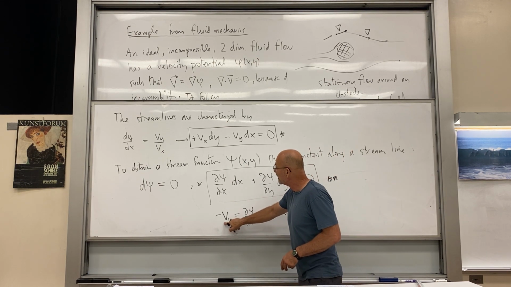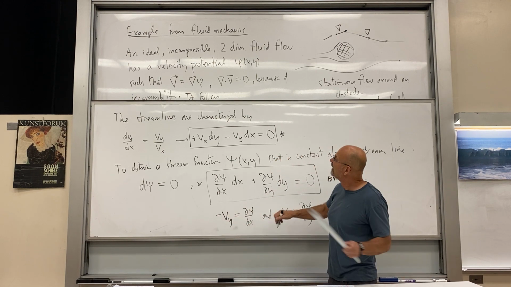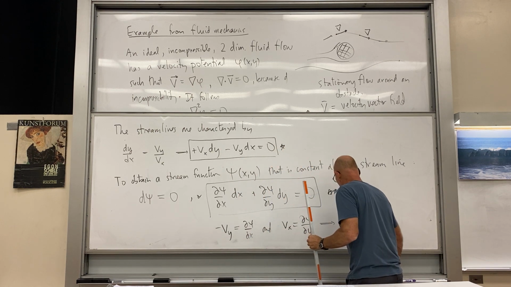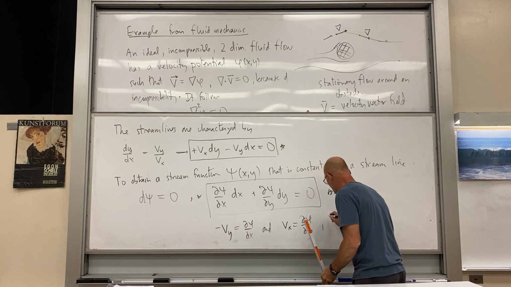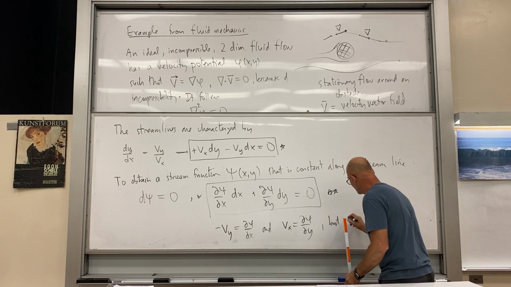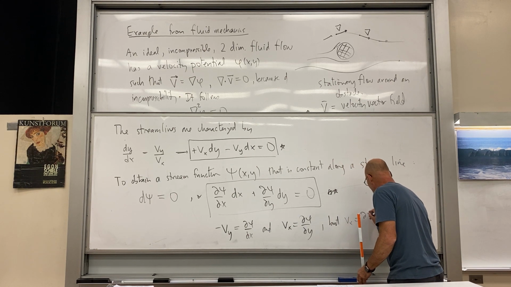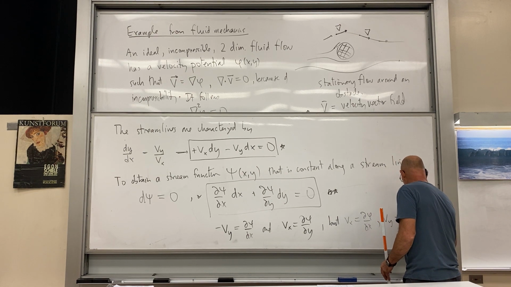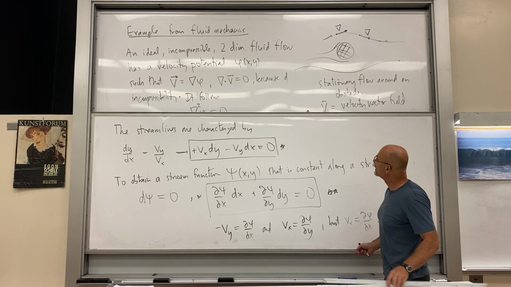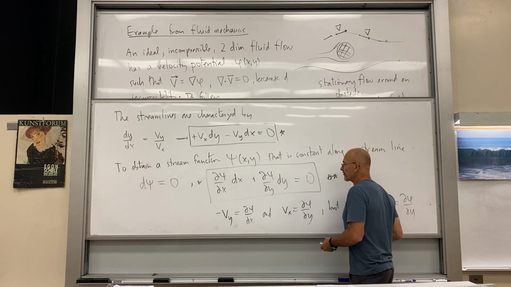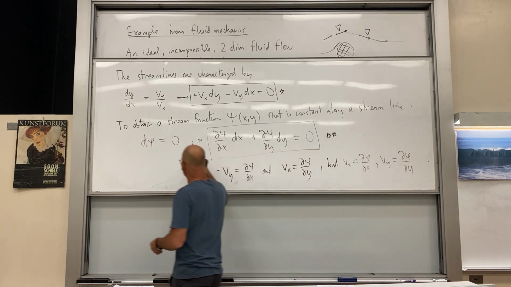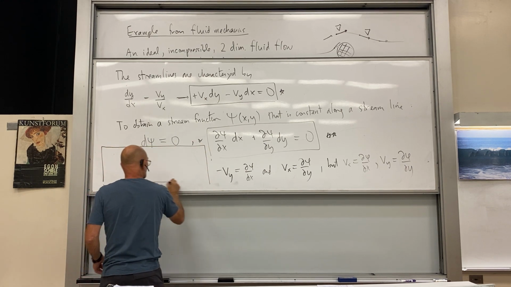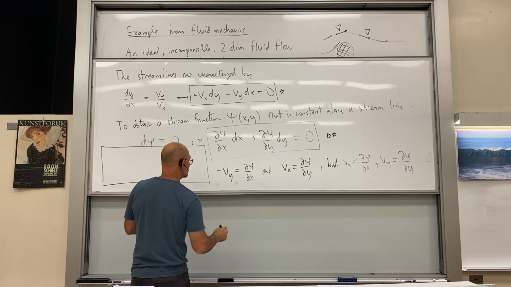Now these are obtained from the gradient of phi. Okay, so vx is equal to d phi dx, vy is equal to d phi dy. So let's see what happens when we put that together. I'll use this space right here at the left end of the board. So what we get is